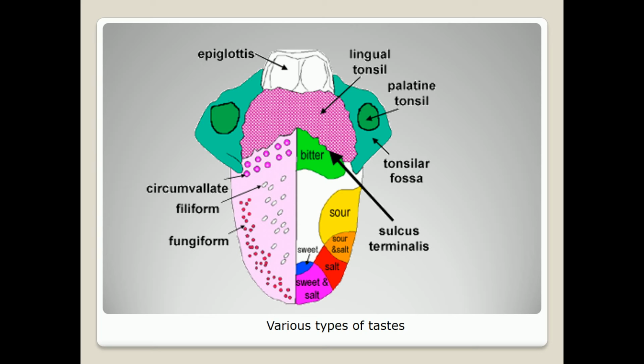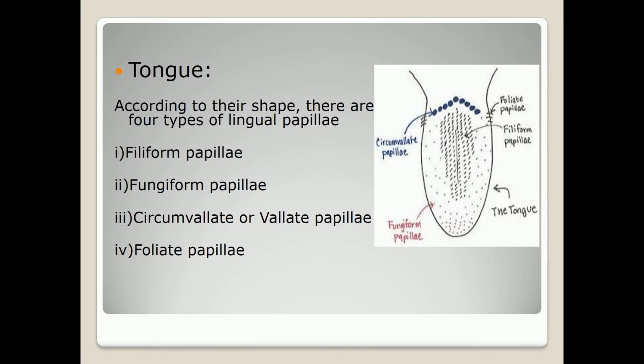Then this tongue has 4 types of papillae. First, filiform. These are narrow conical epithelial structures with a central core of connective tissue, that is called the lamina propria. They are covered by cornified stratified squamous epithelium. This epithelium forms one or more secondary projections which taper into thread-like points. They are most numerous and are widely distributed on the dorsal surface of the anterior 2/3 part of the tongue.